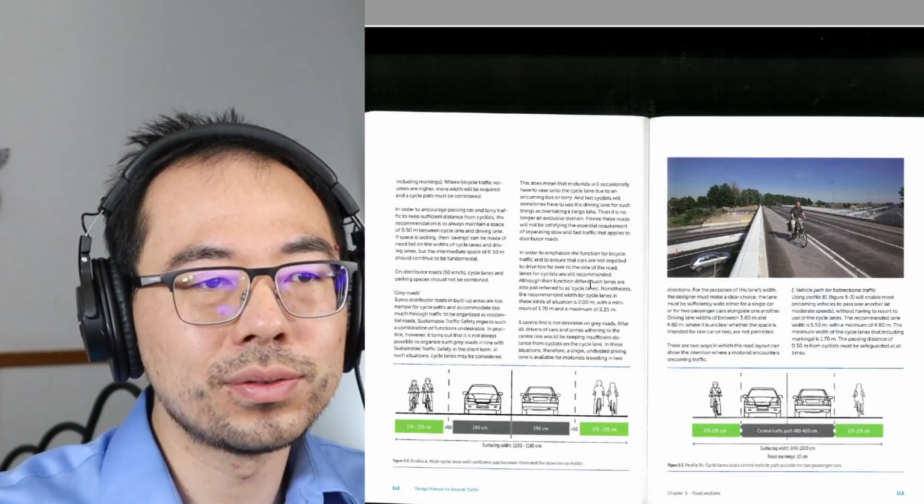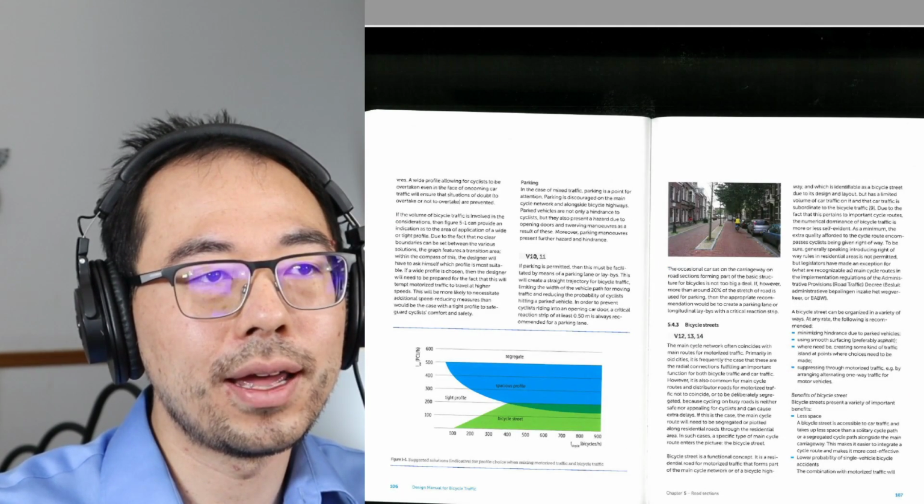And I wanted to start here by seeing what the layout of this chapter is. So I think this chapter is quite cool because it starts with a lot of graphs actually, and a lot of these charts that show you how wide things should be, and it's very heavy on the different numbers, I'd say. So let's start with the first section here,